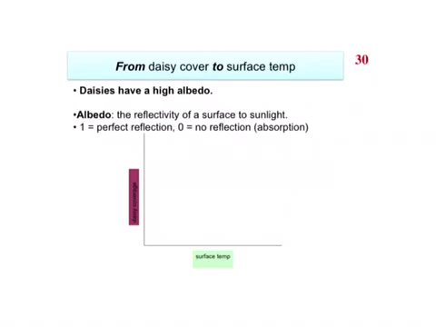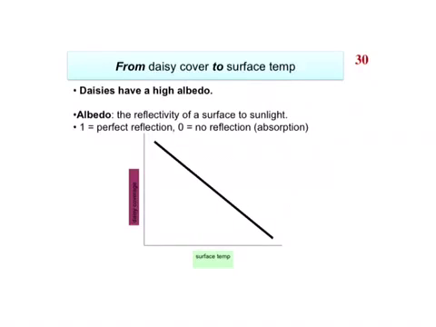So let's pick this diagram apart a little bit more, and now we're going to move into a depiction of phase diagrams, which is a plot of two of the state variables of a system against each other. So if we're thinking about this coupling from daisy cover to surface temperature, we know that daisies have a high albedo, and that an increase in daisy coverage is going to reflect more incoming solar energy and lead to a decrease in temperature. And so we could draw a line on this diagram where high daisy coverages are associated with low surface temperature. So we'll start out over here, high daisy coverage, low surface temperature,